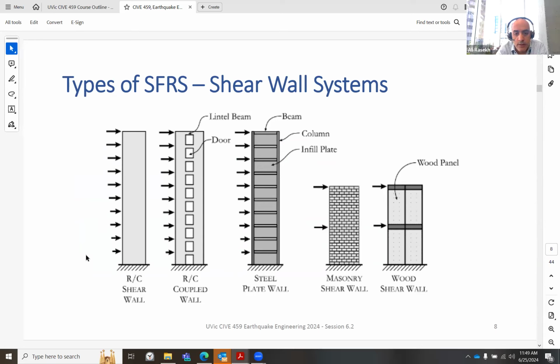Here we are comparing the shear wall system, which resists the earthquake, with a modification where there are some openings, such as a door, in it. It's called coupled wall, but the same concept. The shear wall is resisting the lateral force. This is the one that I said I have not practically seen, but it's done using plates at the location of the shear walls in a building to provide resistance. Theoretically it's doable, but practically,